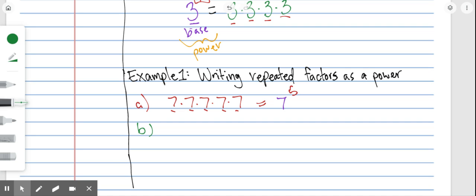Okay, in the previous video, I showed you what an exponent was, what a power was, what a base is, and we did the first part of example 1. So let's do part 2 of example 1, and this is going to be 12 times 12 times 12. Now you might notice that in the first example, instead of writing little x's for times, I put dots,